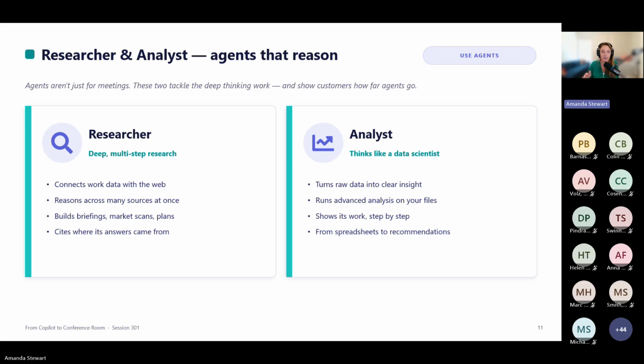So the takeaway is that these are reasoning agents. They show you that this isn't just autocomplete, right? Ask, receive, in terms of prompting Copilot. It's a thinking workforce for you. A thinking workforce is something that you want available to everyone, right?